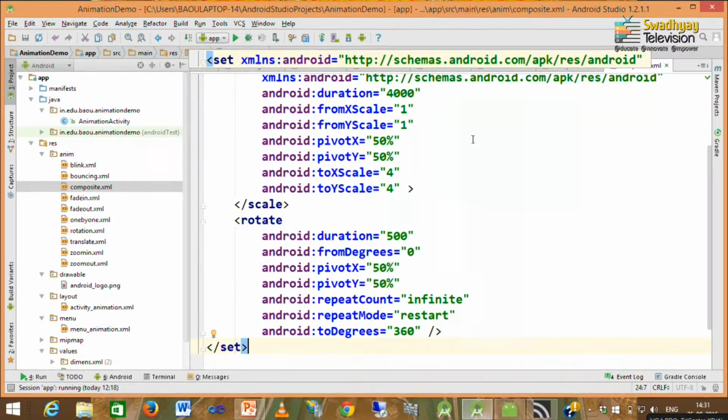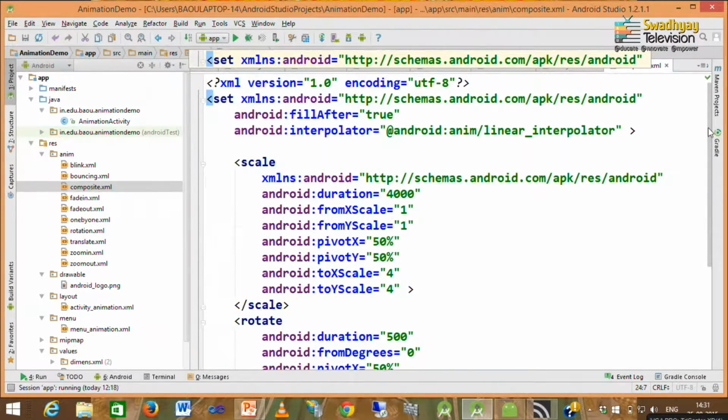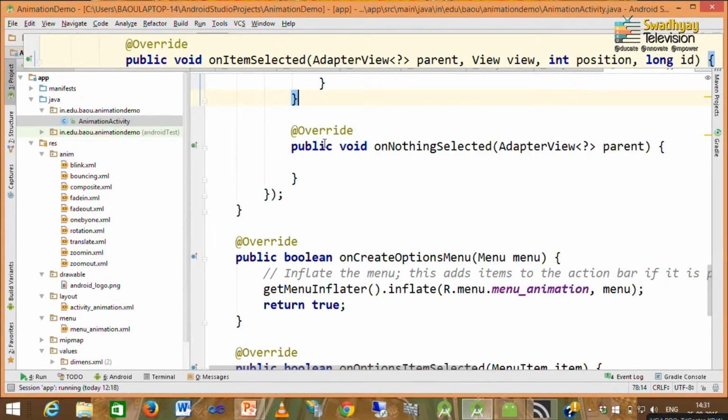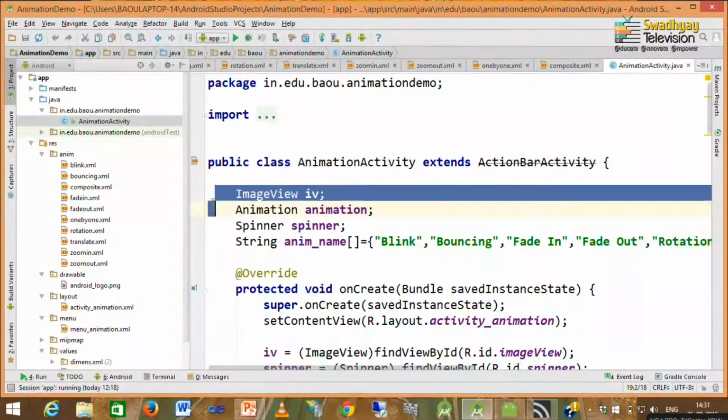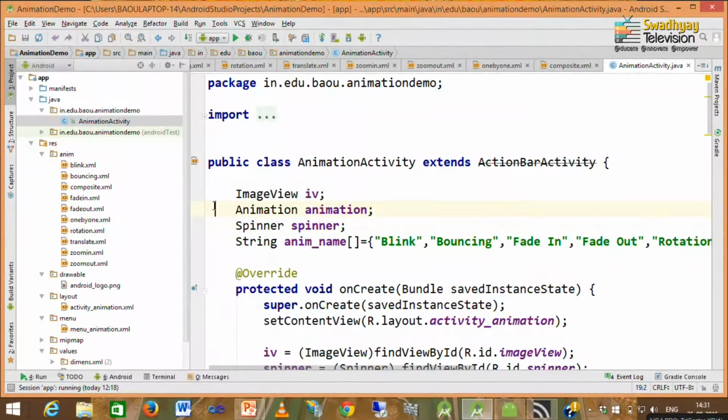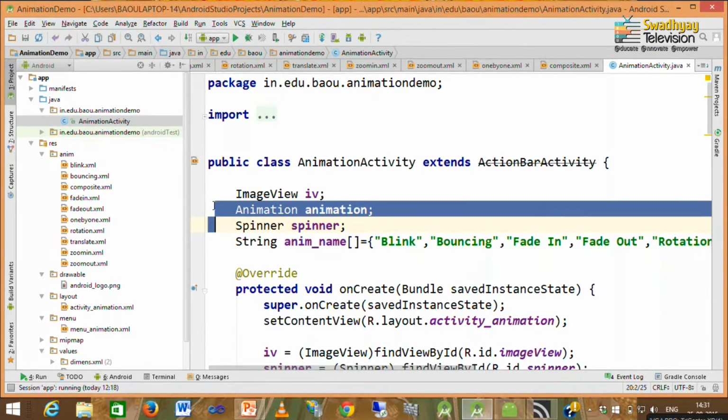Now, the next part is how to load this animation for our image view. So, we go to the AnimationActivity.java file. Here we start with this image view, which represents our image view at design time. Then you have to create one animation object to load animation.